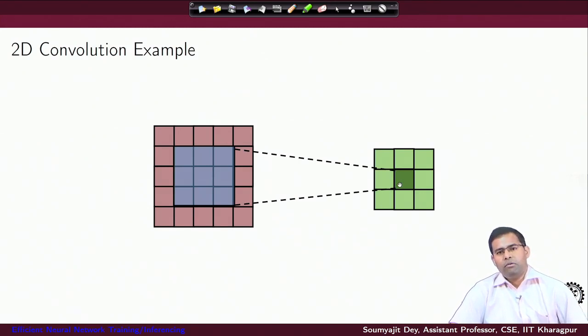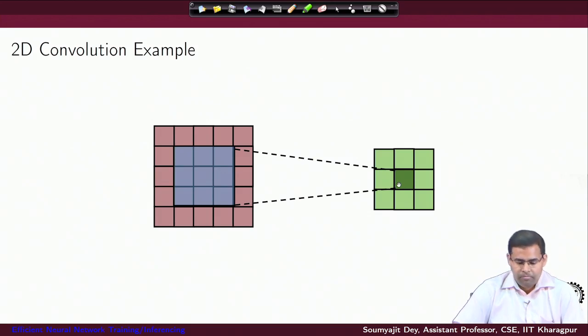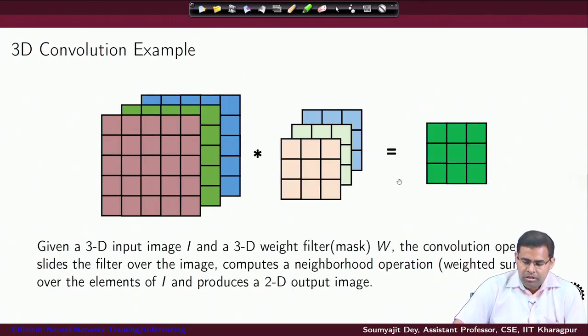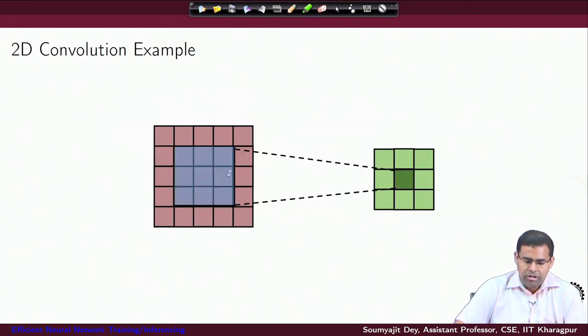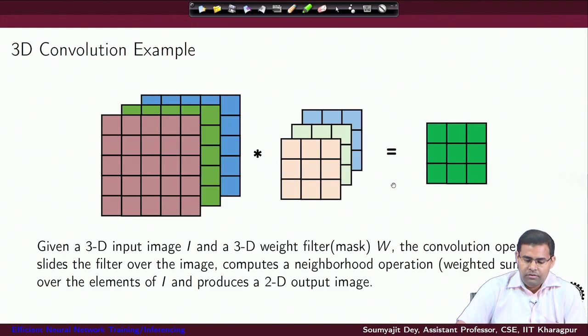All we are saying is that in some of the layers we are not doing a generalized matrix multiplication, we are replacing it by this kind of image filter mask convolution operation to get a transformed image vector. Fine. Similarly, this idea can hold for even 3D convolutions. Just like we are considering 2D images and 2D masks, simply consider a 3D image and convolving the 3D image. This convolution we are denoting here by a 3D weight filter or mask W.